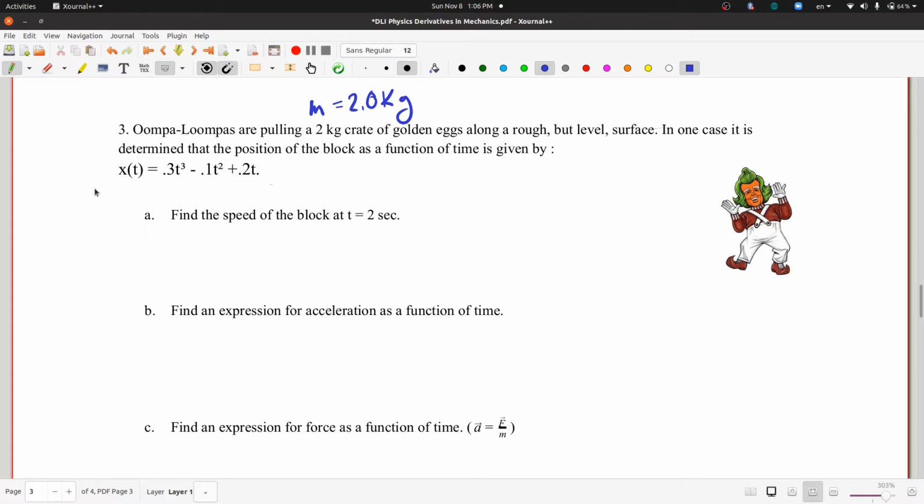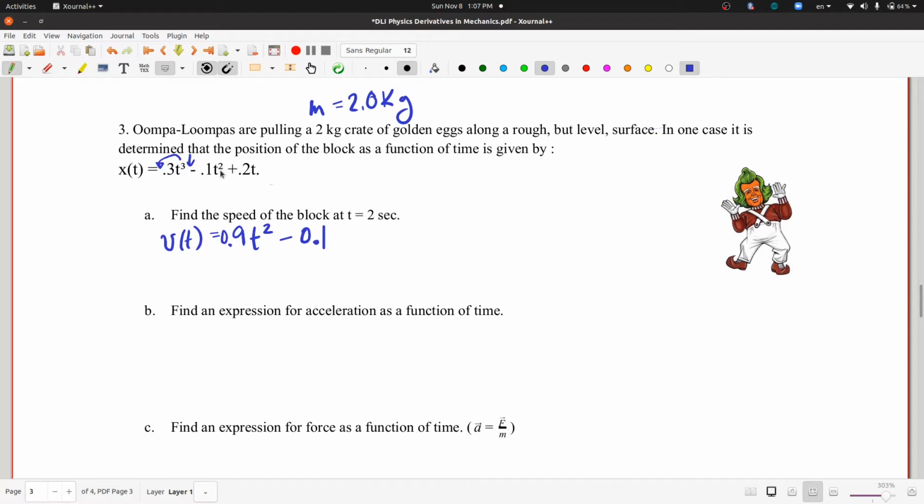So the first thing we note is that the speed is the time derivative of position, and then we use our polynomial rule, which is to multiply by the exponent and lower that exponent by 1. So applying that polynomial rule for derivatives, we see that v of t is 3 times 0.3, that's 0.9, times t, and we lower the power by 1 from 3 to 2, minus 0.1, to be consistent here, 0.9 t squared minus 0.1,